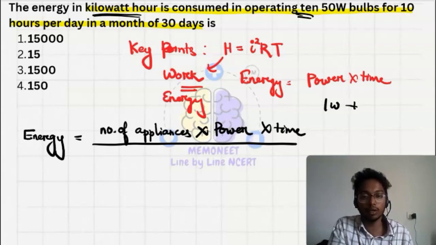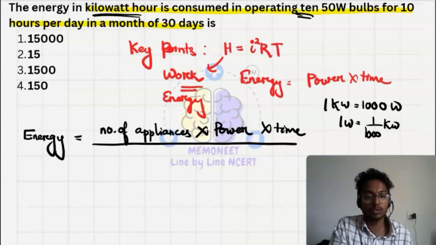We have 1 kilowatt is equal to 1000 watt. So 1 watt is equal to 1 upon 1000 kilowatt. So it is 1000 kilowatt. It will be equal to the number of appliances we have, that is